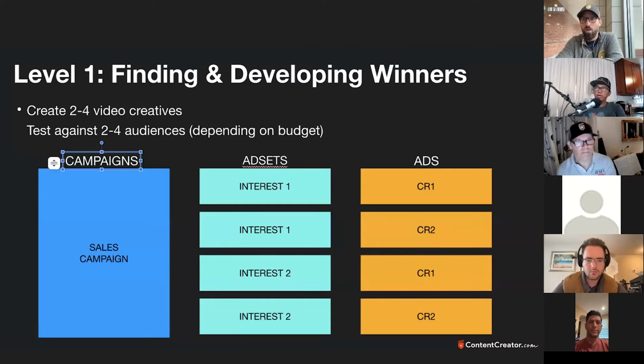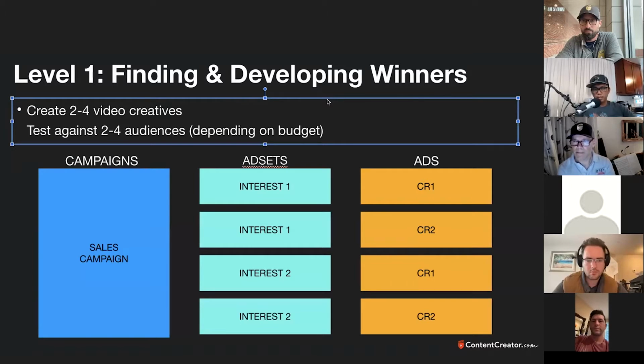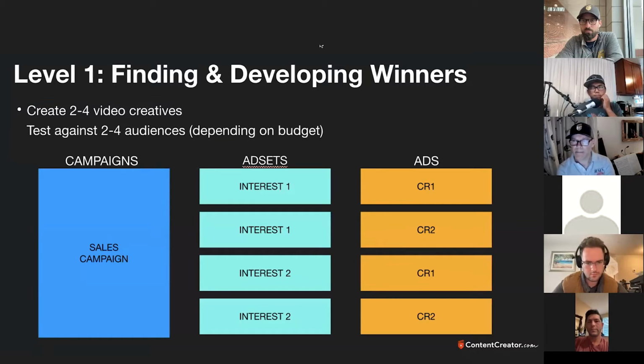Yeah, I remember those when I did my, what do you call it? Nonprofit. But I couldn't really understand what's the difference between an ad set and the ad campaign. But okay. The campaign is just